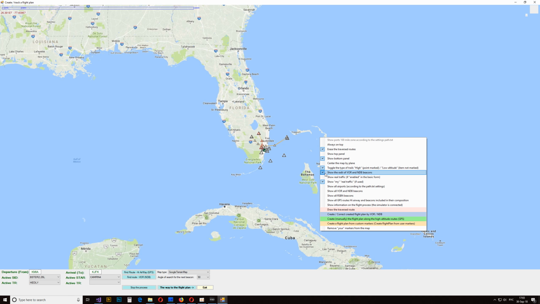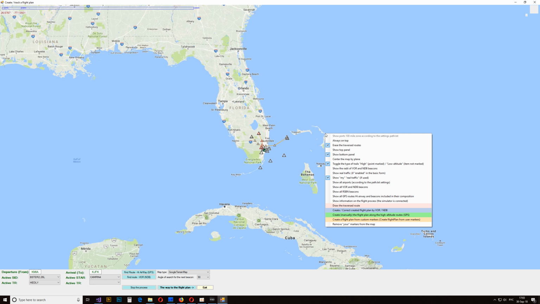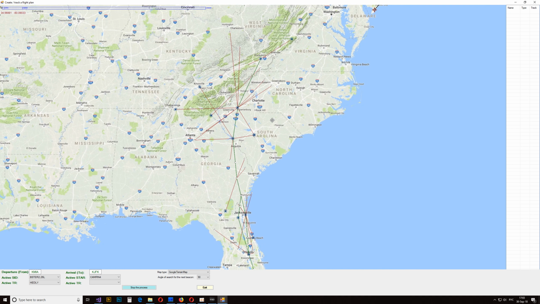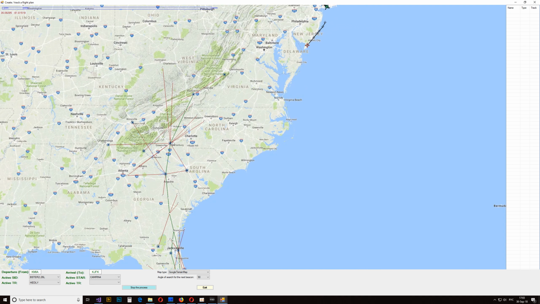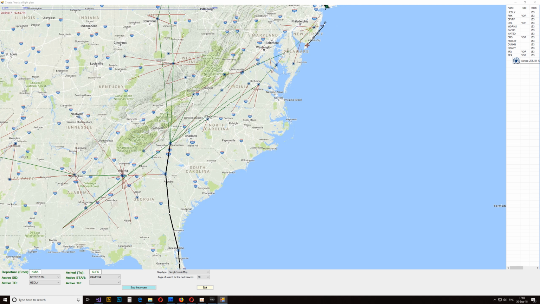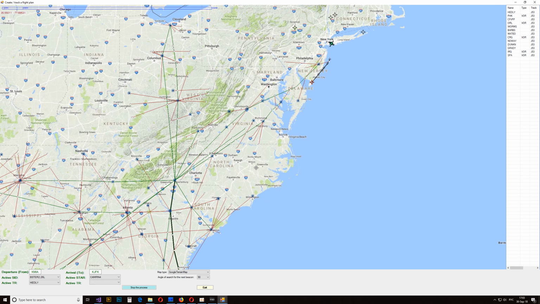I uncheck this and create manually when it's clear to see. I drag and drop these points, and when I drag and drop these points,